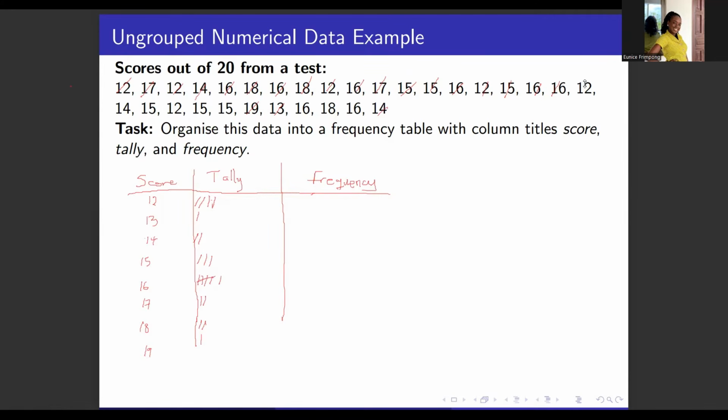Right. So the next one here is 12. So I go to 12. I'm supposed to stroke 1, but already I have 4. 1, 2, 3, 4. So I'll do the fifth one by crossing out like this to indicate that it's a tally of 5 strokes. The next one is 14,